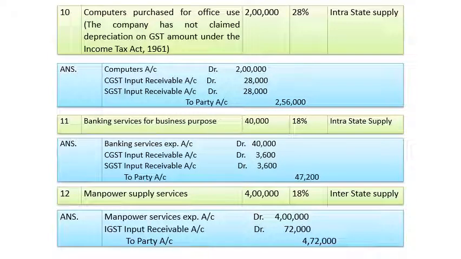As manpower supply services is an expense, and all the conditions of Section 16 have been satisfied in this expense, that is why whatever GST is paid, credit is available, so it is recorded separately in the business, and credit is available on these expenses when the person is providing outward supply. He can take the credit of this IGST at the time of outward supply.